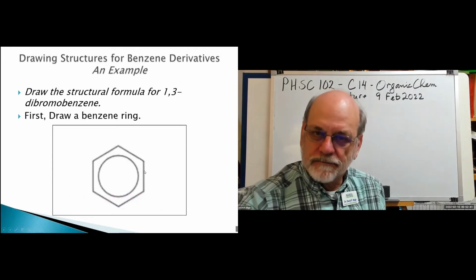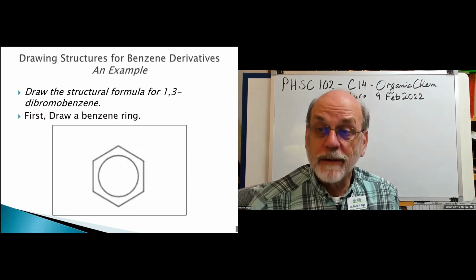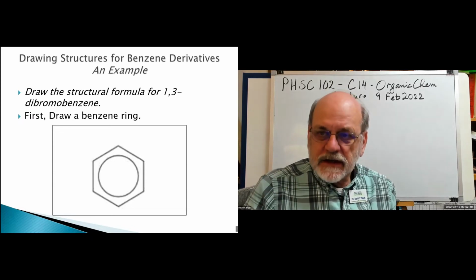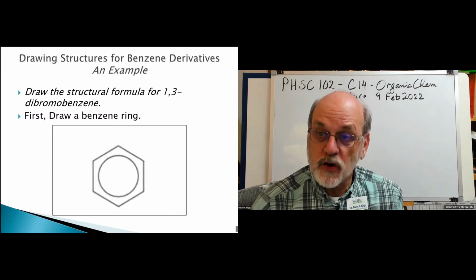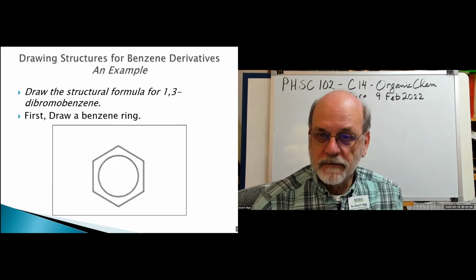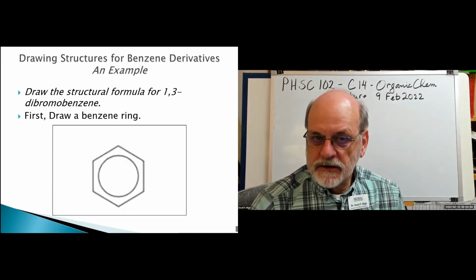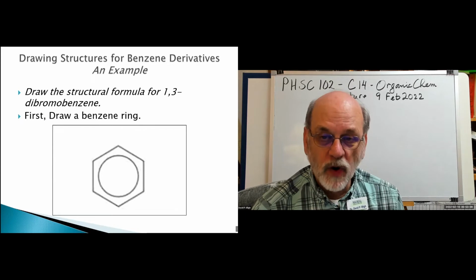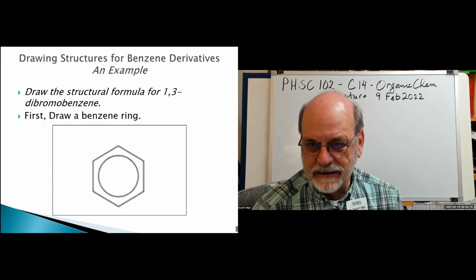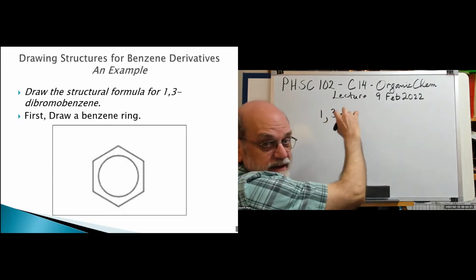Okay, so how do we build a molecule from the name? Right, these conventions are based upon rules that are set out by IUPAC, the same group that helped us name binary compounds in an earlier chapter. So they have rules for organic compounds too. In this case, the organic compound is 1,3-dibromobenzene. So if we write the name like this,